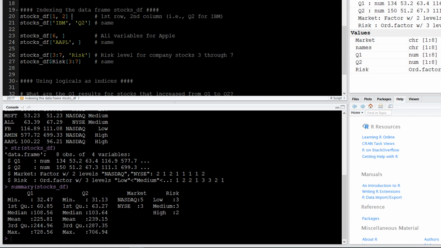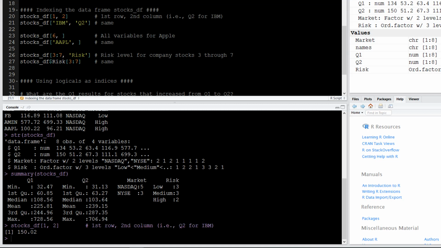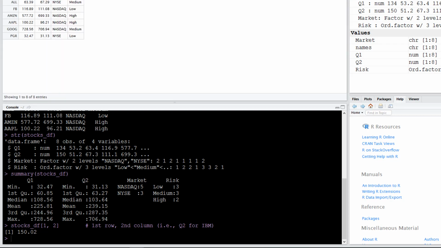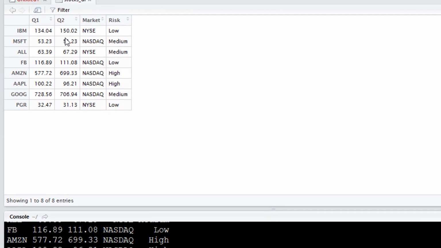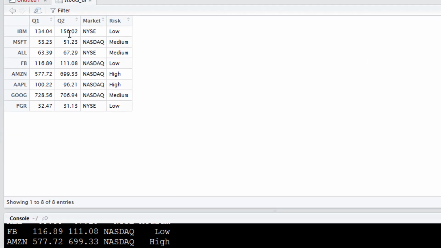We're going to use brackets 1, 2. That would return the first row and second column. In this case would be the value 150.02, but we could also use the row name and the column name because we had those also included inside of our data frame. So if I pull this back up, we'll see that of course the first row, second column is that value